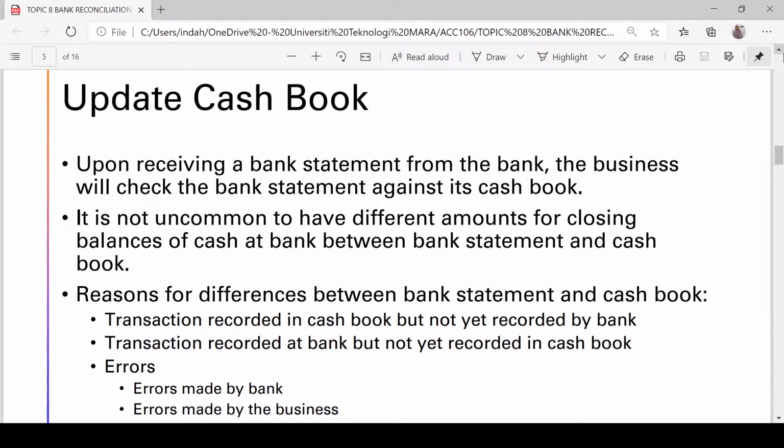There is also a possible reason that causes the difference between the closing balances, which is error. This error could be made by the bank, or it could be made by the business. So the bank also may make an error, and the business also may make an error. Maybe, for example, the clerk wrongly recorded the amount of a check issued to the supplier, or wrongly recorded the receipts from the customer,